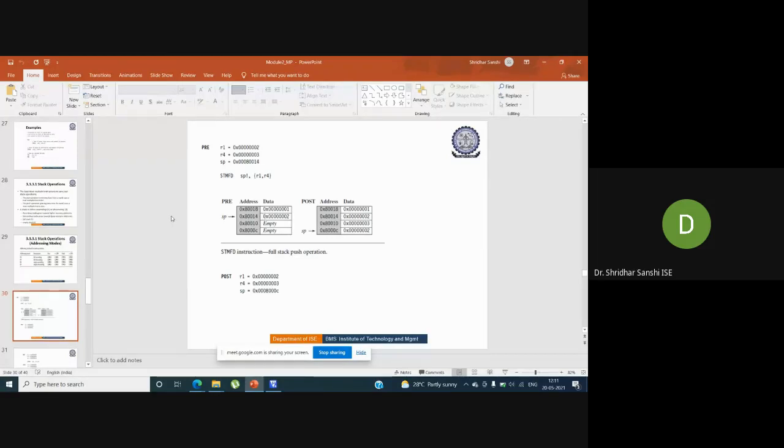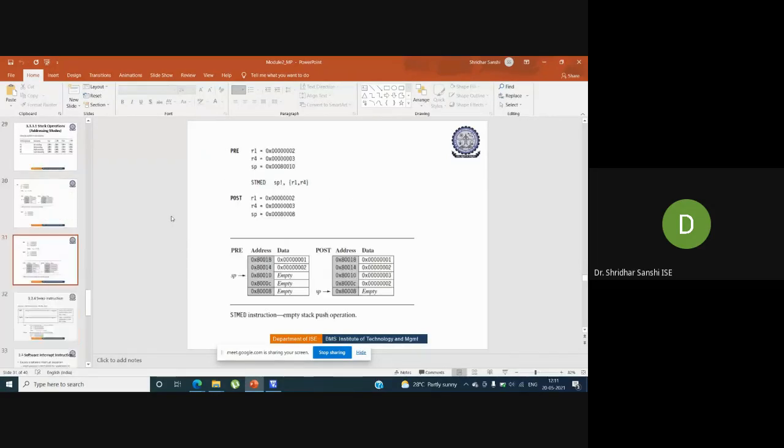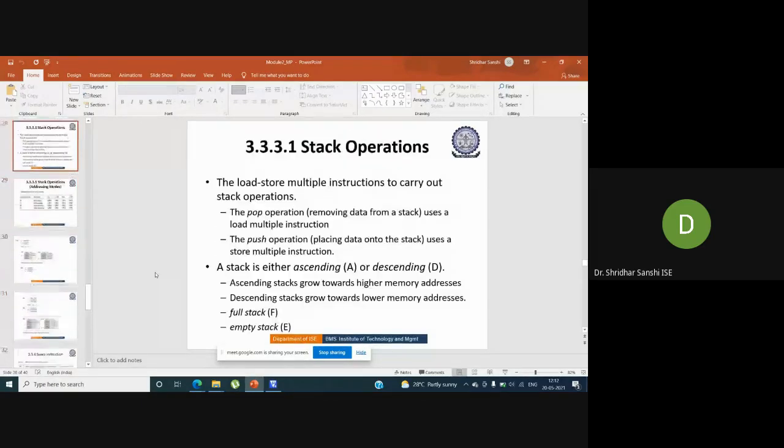Whenever you are talking about an empty stack, you can see that the stack pointer will be pointing to the empty location in the stack. Once you push an item, the stack pointer will be pointing to the next empty location in the stack. That is the difference between these two types.